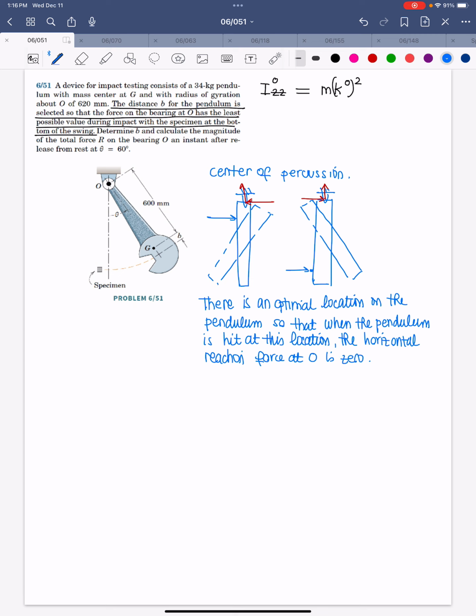This point is called the center of percussion, and this concept is applicable in machines like this, but also